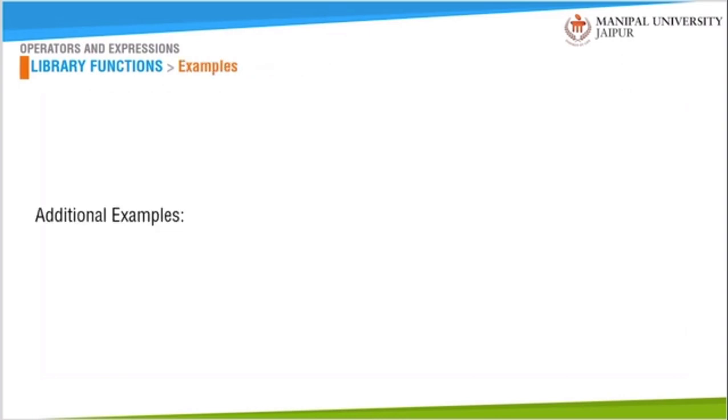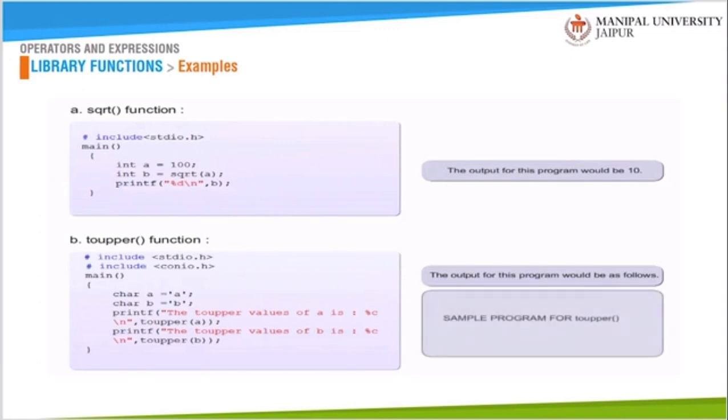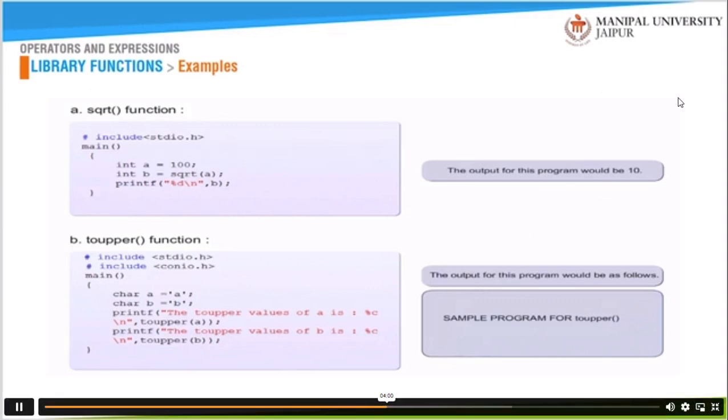Here are a few more examples. These are some examples of library functions present in C. In the first example, the square root function is used, which returns the square root of the given number, which is 10 for